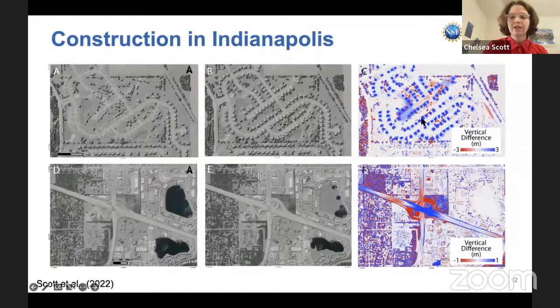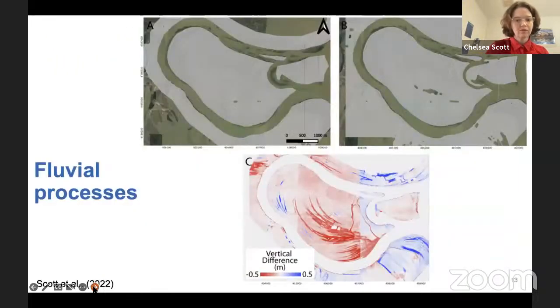And so we see all of these new houses that were constructed between the acquisitions of the two LiDAR data sets. And this bottom example shows the development of this cloverleaf highway in northern Indianapolis. In particular, we see the development of this new part of the highway, as well as some bending of the highway approaching that new cloverleaf intersection.